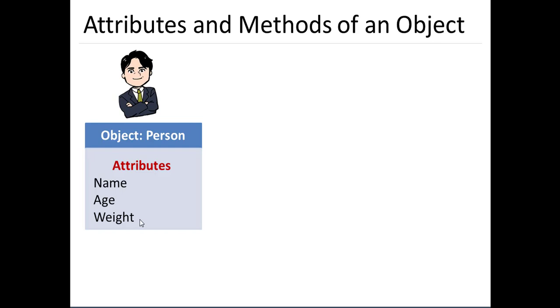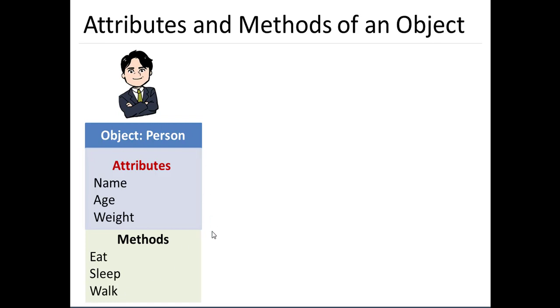So that is nothing but the attributes or information which will be associated with that object. Now, as we have this information, this object is supposed to perform certain activity in the real world. So what will that activity be? That person is supposed to eat, sleep, walk, do some work. That is nothing but the methods which will be associated with that object. Now you can think about the encapsulation characteristics of object-oriented programming over here.